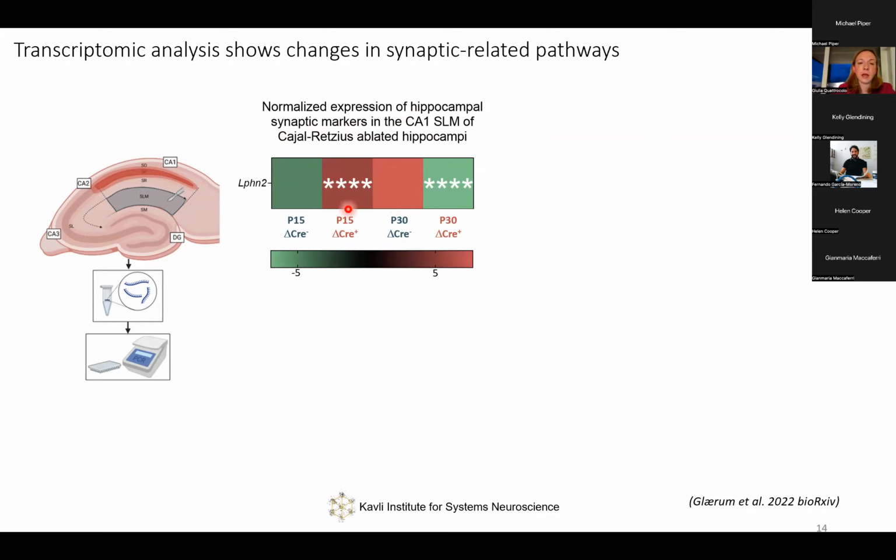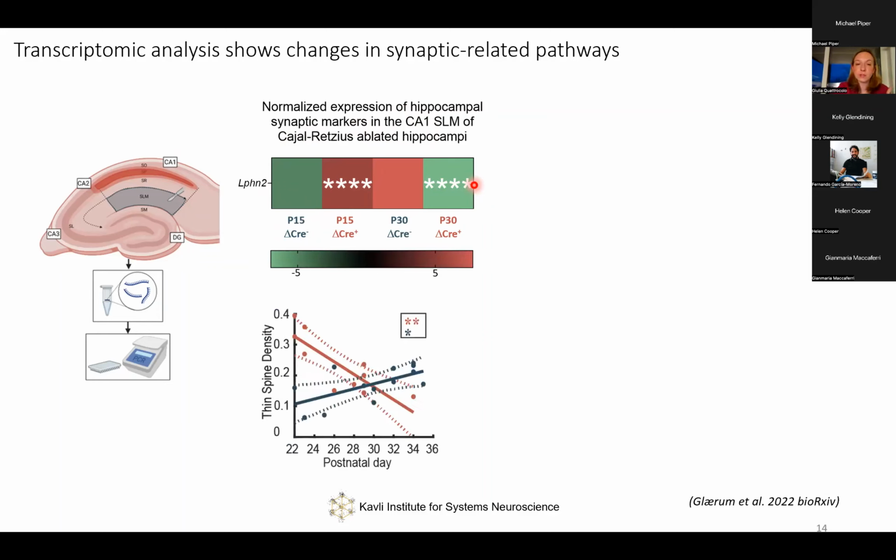But then in the Cre positive, actually, we have a downregulation in these expressions. So if we compare the 2 time points, we have more Lactofeeling at P15, and then we have less Lactofeeling at P30. And if you remember what I showed you about the thin spine, this correlates really well with what